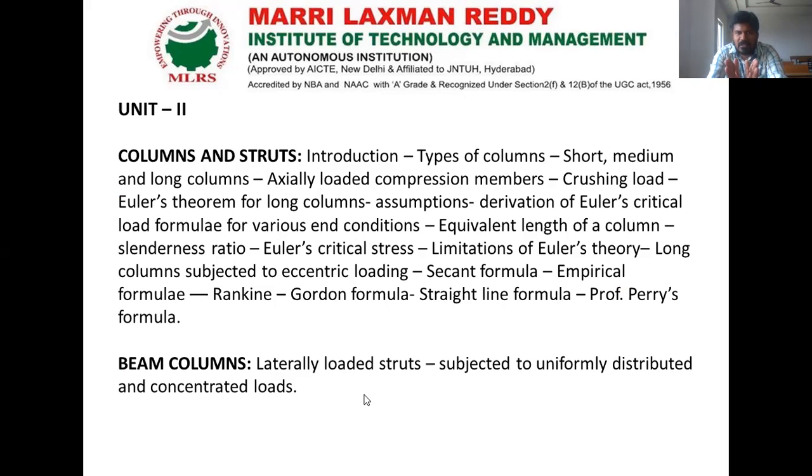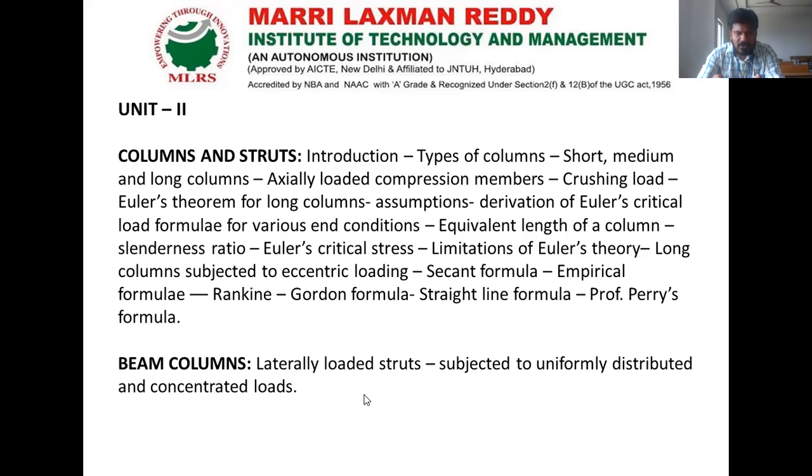If the member is purely vertical and carries a pure compression force, then it is said to be a column. The same member, if it is not vertical, is said to be a strut. The most common example of a column is the column in our buildings, a pure compression member. For struts we take the examples of connecting rods, pistons and piston rods, which come under struts.